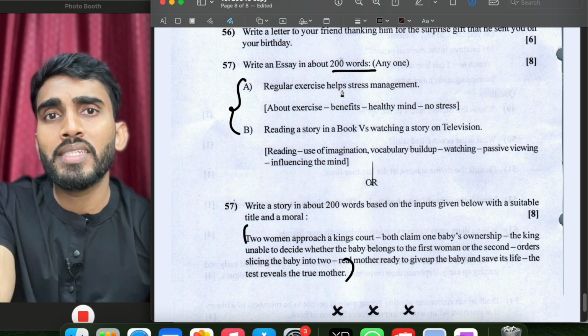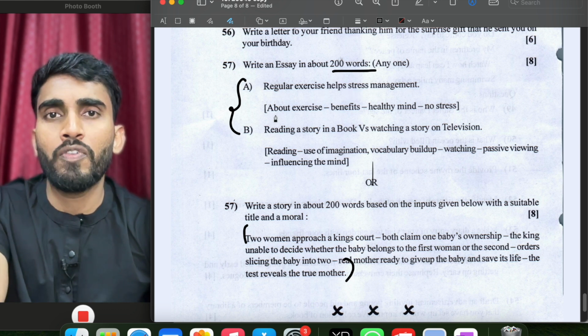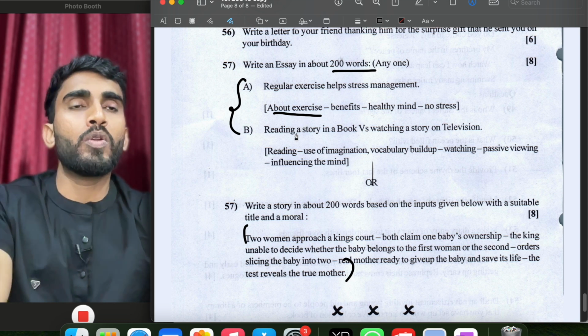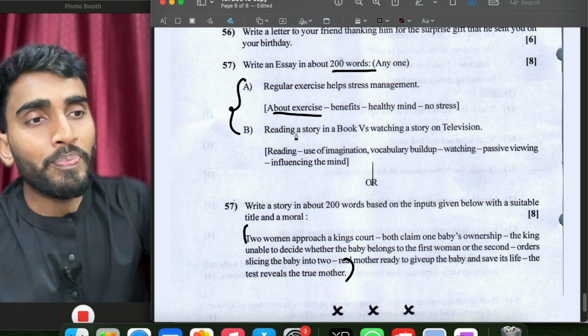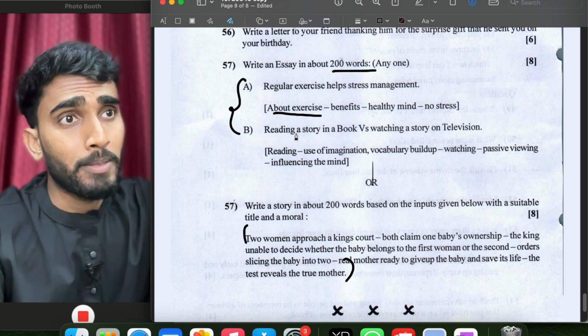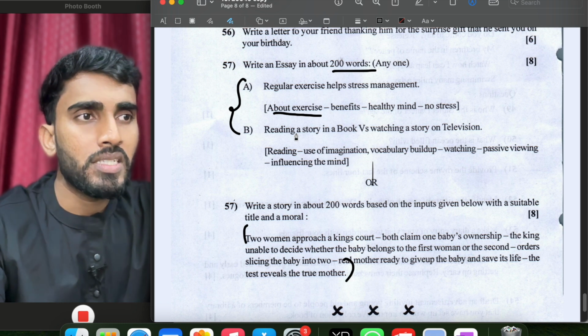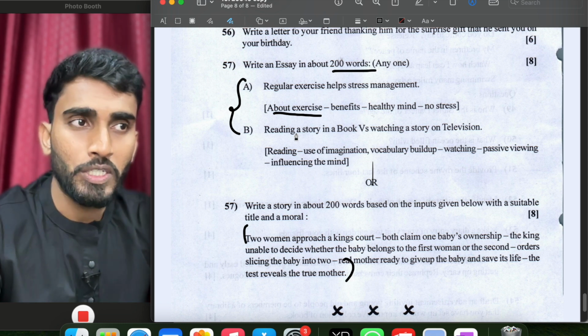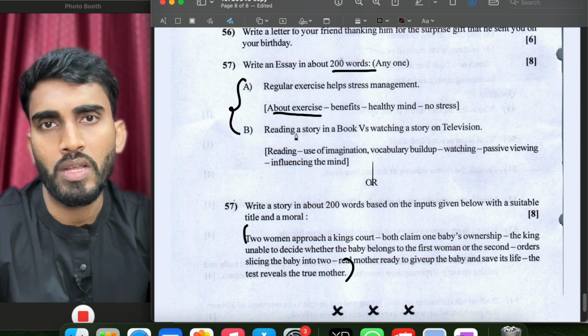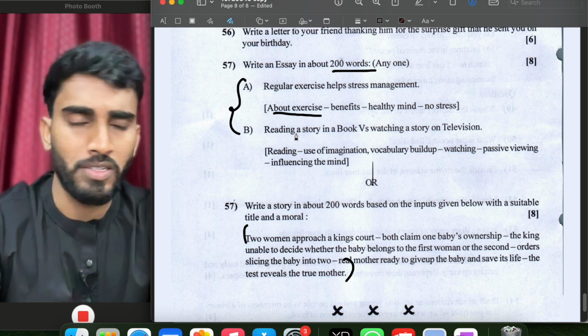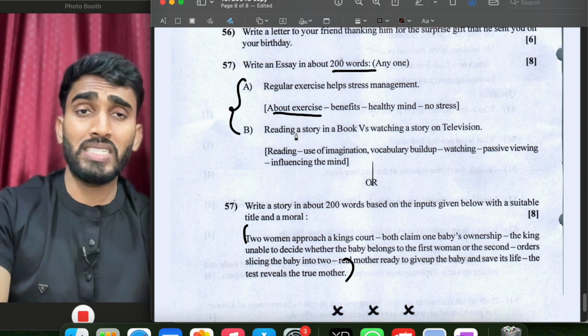Like regular exercise helps stress management. So first, the first paragraph has to start with exercise. Whenever you are starting an essay, start with a kick. What I mean by kick is start with a line which will take the attention of the teacher. So let us take this example of regular exercise helps stress management. So we can start this essay by writing,